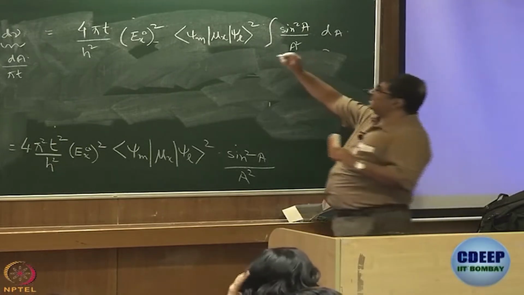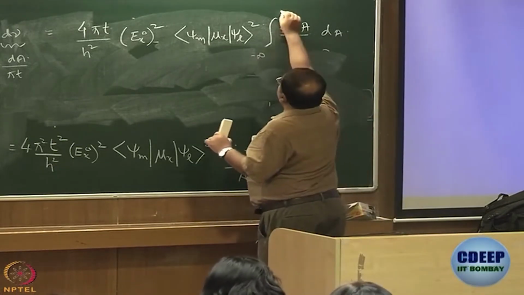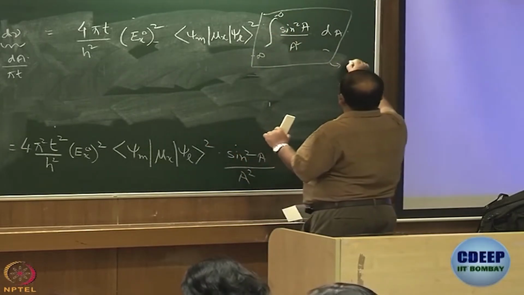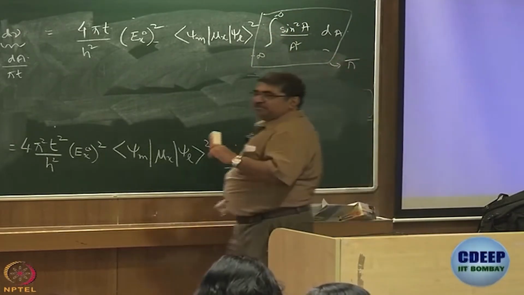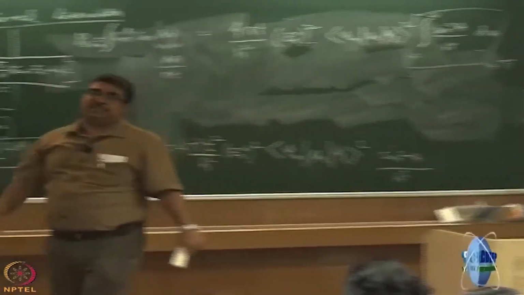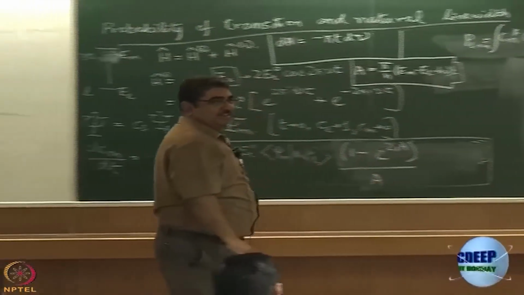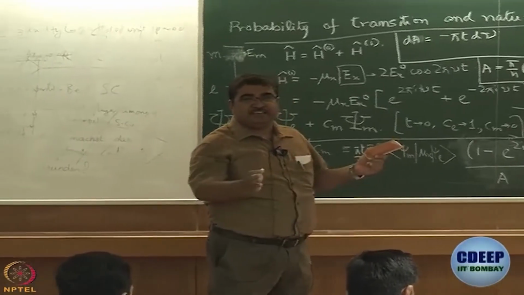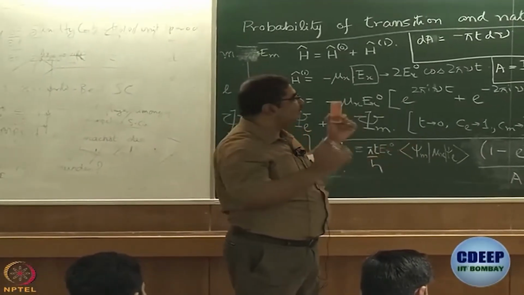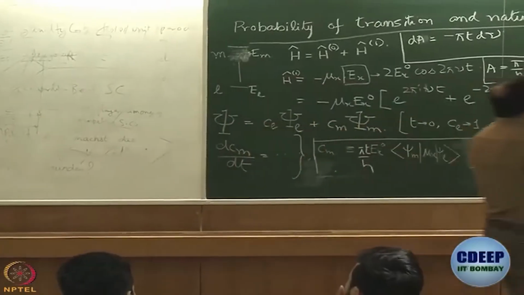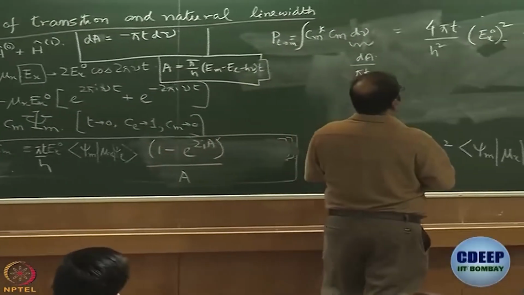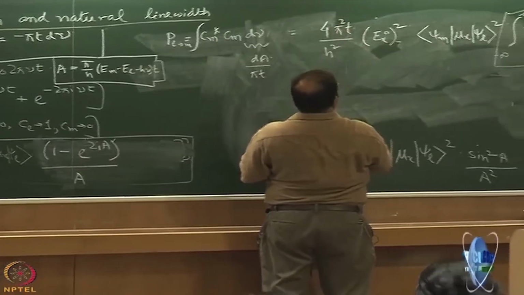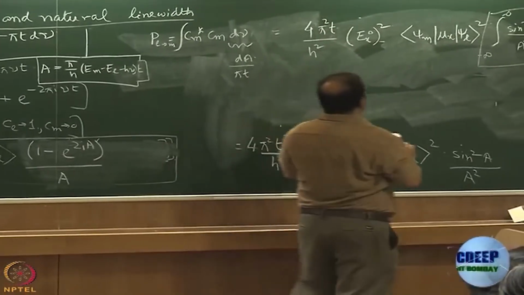What we will do is we will use a standard integral, this minus infinity to plus infinity integral. We will look up a table and the table will tell us that this value is actually pi. Minus infinity to infinity of sin squared a by a squared is a standard integral that turns out to be pi. So then what does it become? That is a pi. So this becomes 4 pi square t divided by h square multiplied by